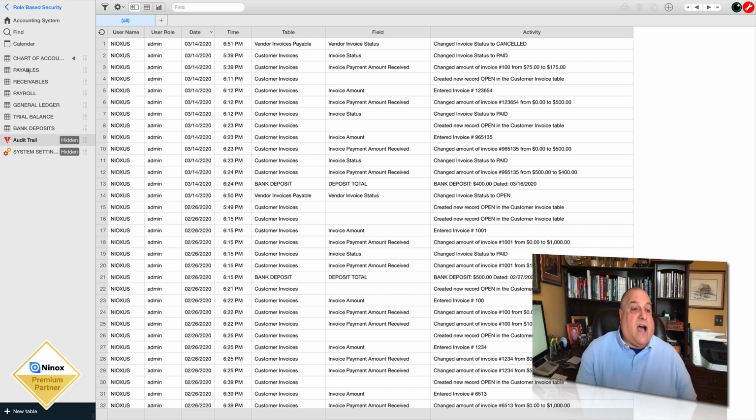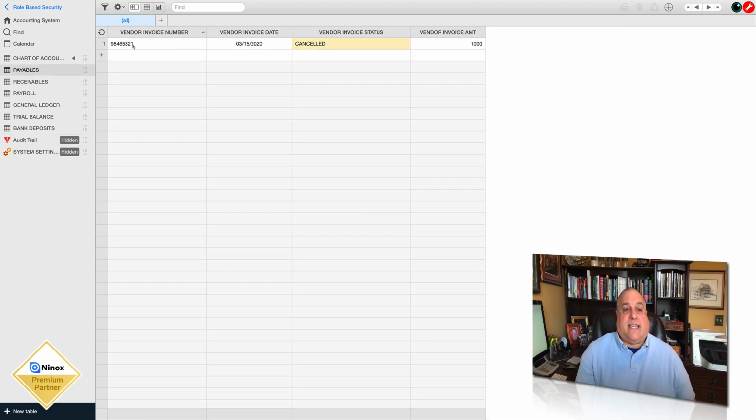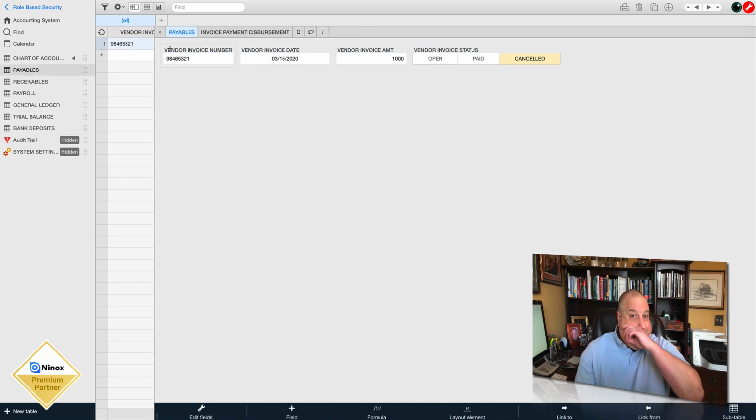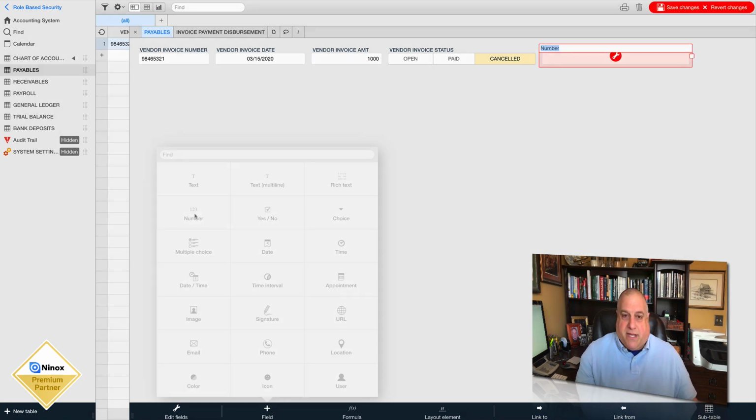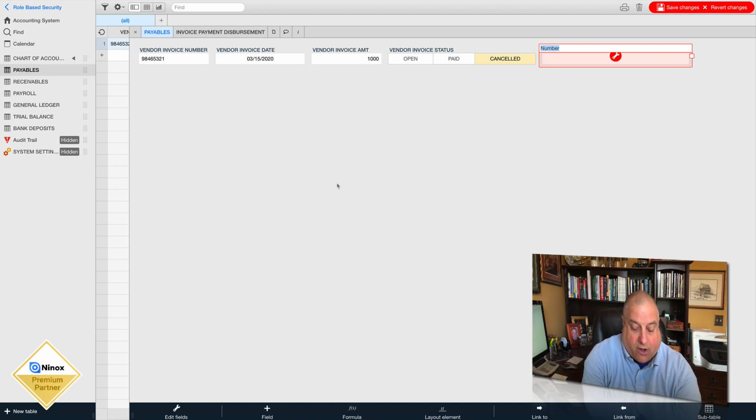Let's put in the other camera that allows us to keep track not only of the amount of the invoice here in this field, but allows us to track any changes from an original amount to a new amount. What's the first step? First, create your phantom field. Add a field. This will be a numeric field, and we will call this original vendor